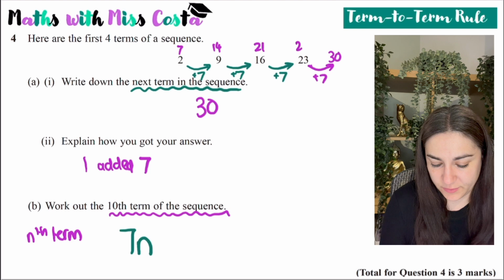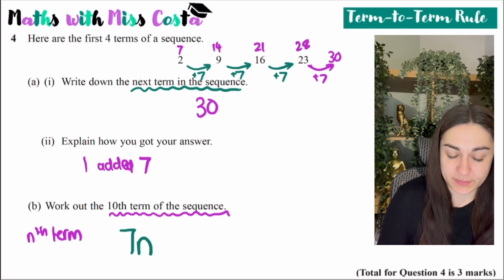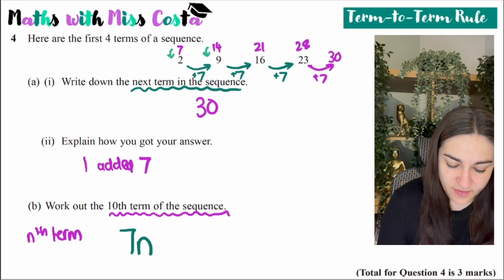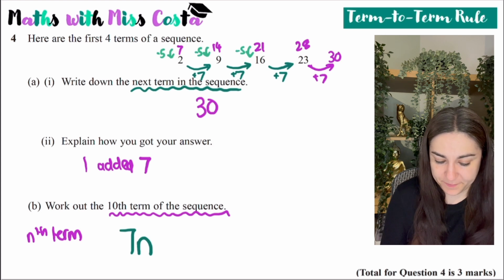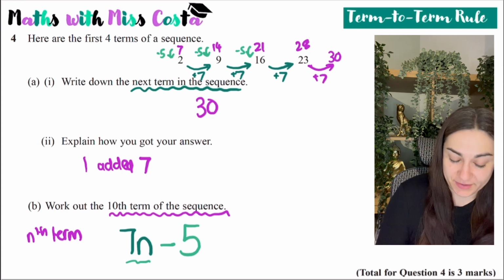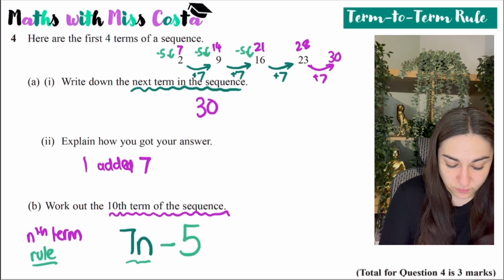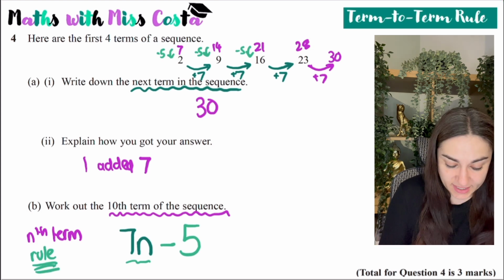7, 14, 21, 28. So I want to say it's the 7 times tables, but actually each time, instead of being the actual 7 times tables, it's 5 less, because 7 take 5 is 2, 14 take 5 is 9, 21 take 5 is 16. So therefore it's the 7 times tables, take away 5. So the nth term is 7n take 5. That is the rule of the sequence,